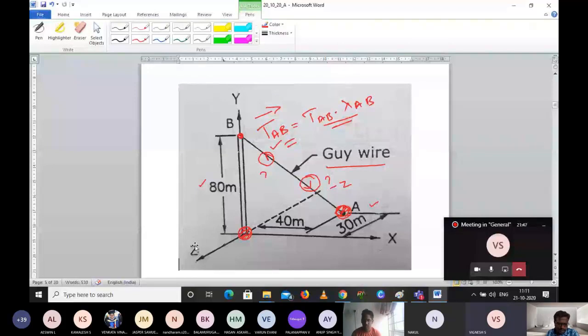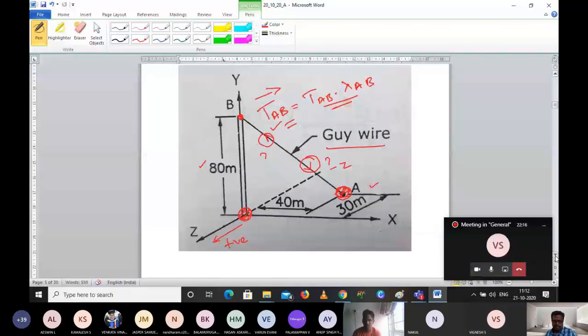So obviously this side of z is positive. The axes are given in this direction, so this direction is positive. Are you getting? Yes, sir. So obviously the opposite direction is negative. Okay, fine. Others please.